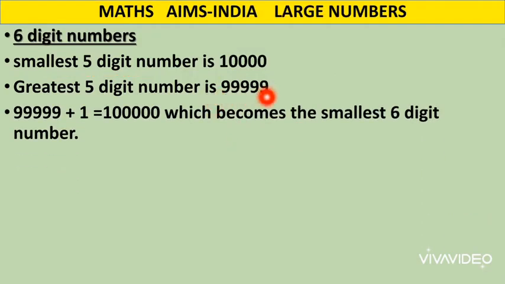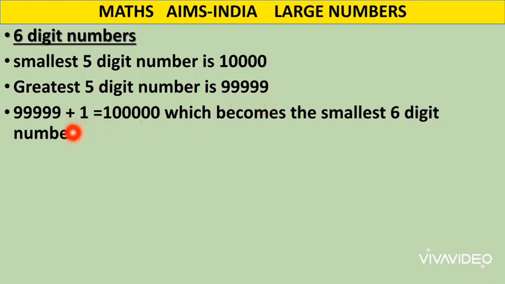This is the greatest 5-digit number, right? Which means that 5-digit numbers end at this number. After whatever number comes after 99,999 will be more than a 5-digit number. It might be a 6-digit number or even more. So the immediate number which comes after